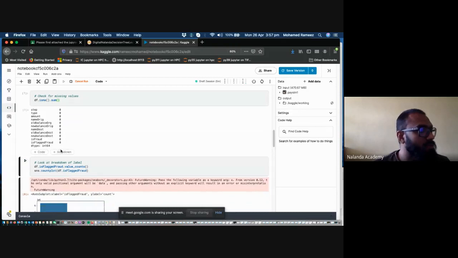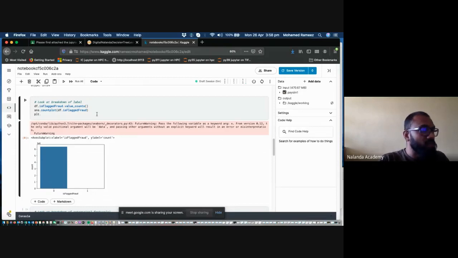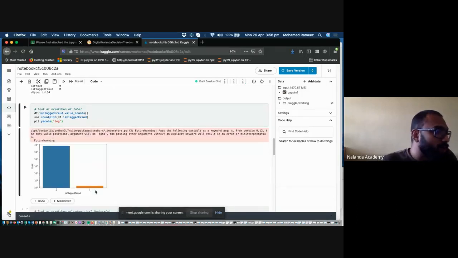So let us do this now. You will notice that it has given you a histogram of all the values of what has been flagged as fraud. You'll notice that what is not fraud is clearly visible, but what is fraud is not visible. And how to change that is you need to change the Y scale to a log axis, right? So let us now run this again. And if it is a log scale axis, it becomes visible. So if you remember correctly, there were of the order of